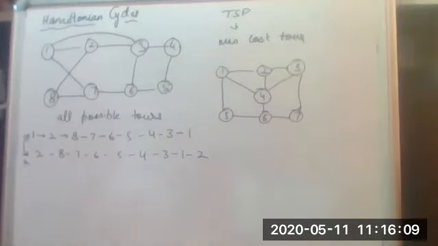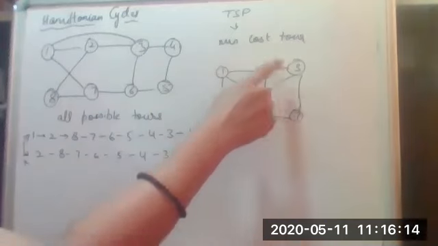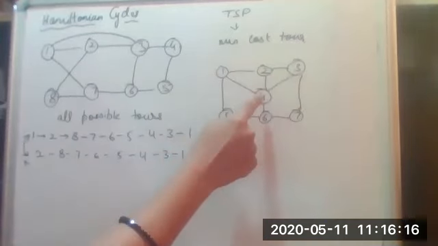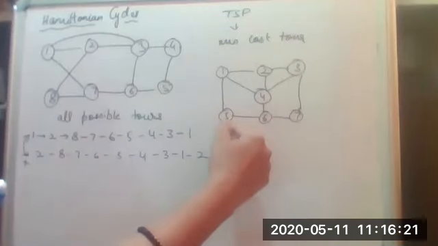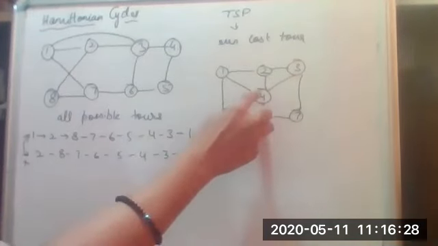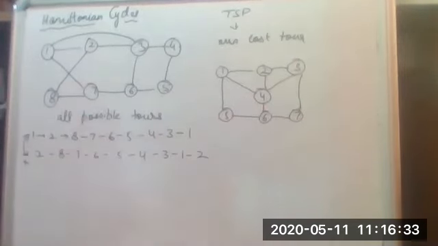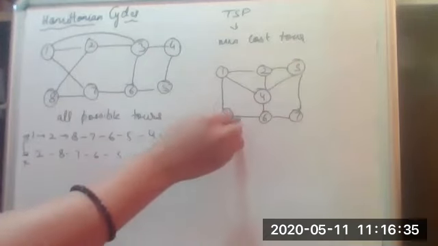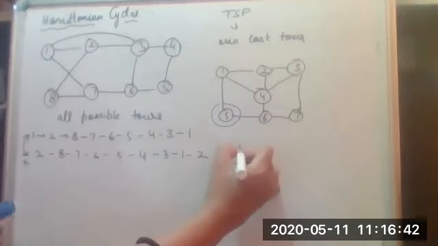In this case, if I try to start from 1, I can go to 2, then 3, then 4, then I can go to 6, then I can go to either 7 or 5. I cannot have a path there. Yes, 1, 2, 3, 7, 6, 4. I can go back to 1, so I cannot connect to 5 then. So that is also disconnected in that case.